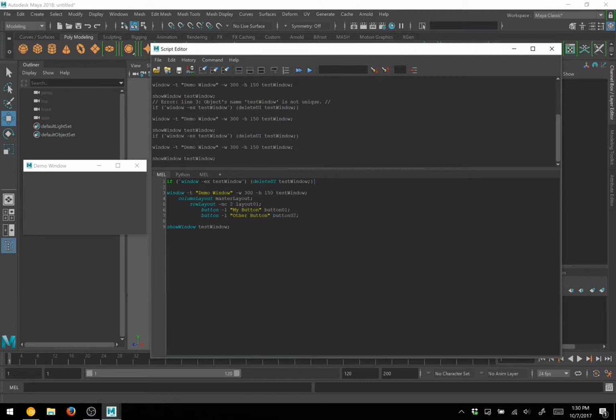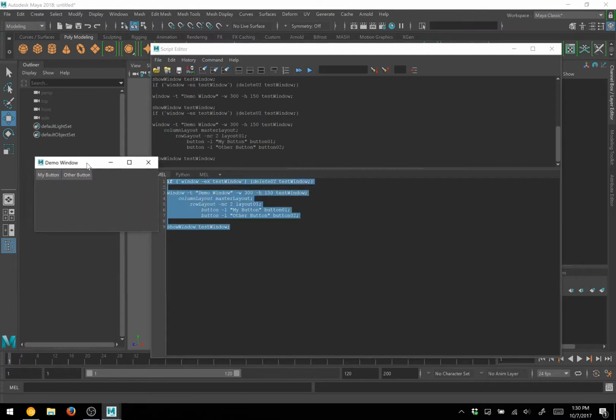So now when we run this command, we've got our window, we've got one column, and then within that column we've got a row with two columns. The first column gets my button, and the second column gets other button. Now if we want to add another row,